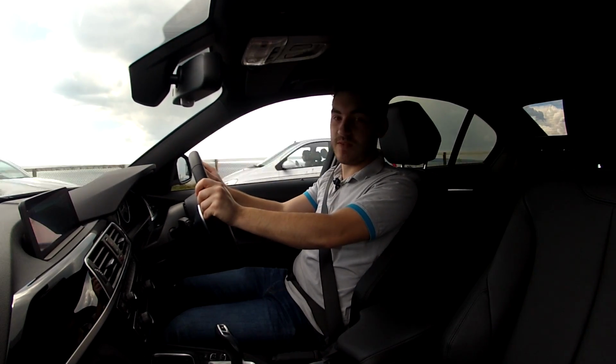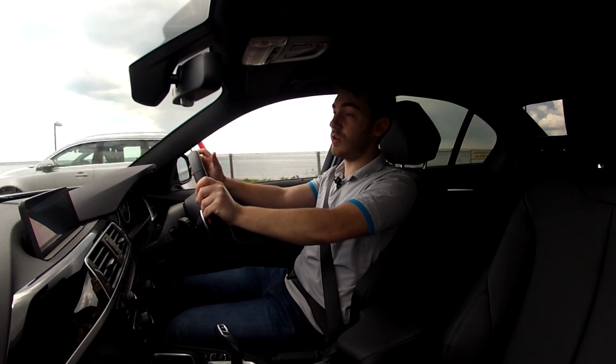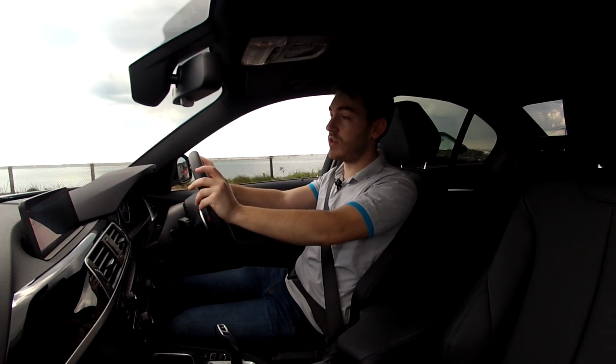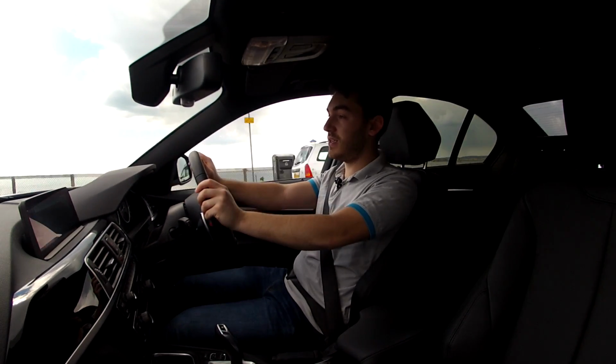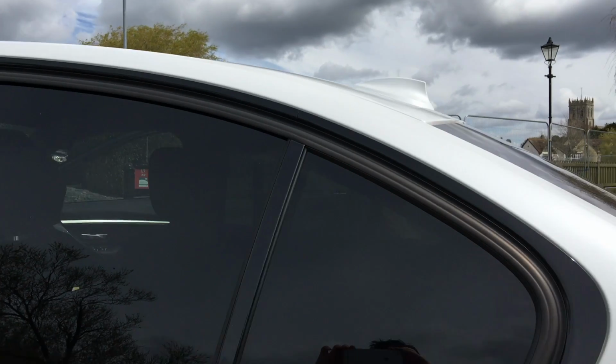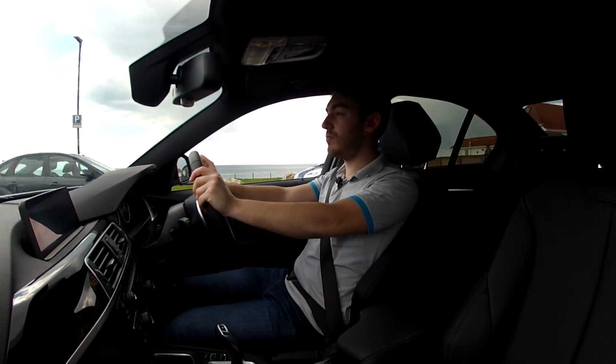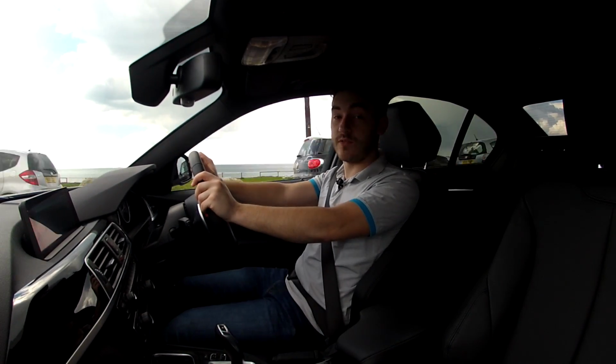I'd say that the value for money in this car is pretty good, and overall, driving it around, I've really enjoyed it. It's got the performance when you need it, it's got the eco credentials when you need it, and it's quite a hard car to fault because, of course, it's a BMW 3 Series and it's just one of the kings of its class anyway. So there you go, the new BMW 330e, a car that will indeed let you have your cake and eat